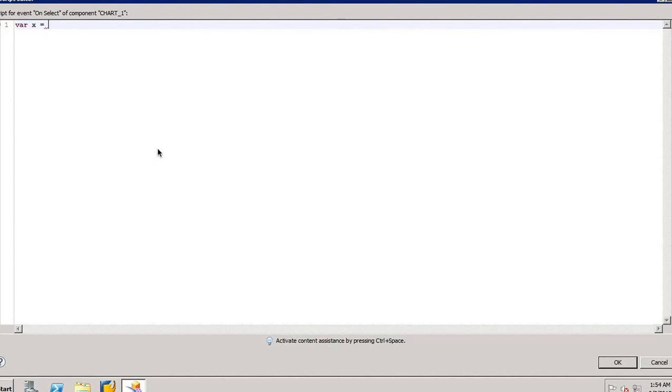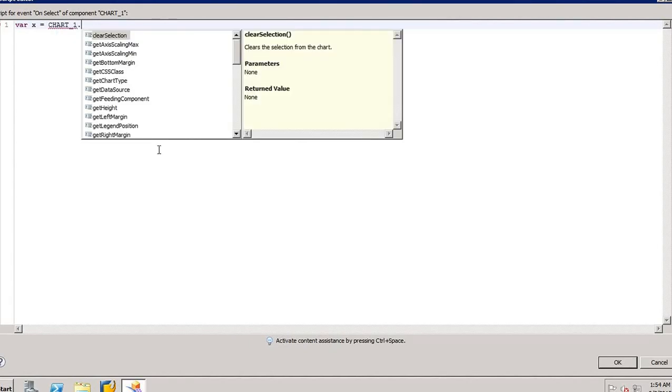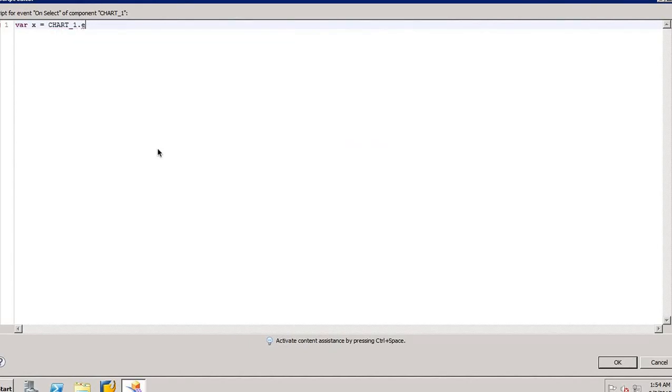Let's come back. I am storing the value of the selected member from the data source in variable x. So I will use chart dot, and try to get the value of the chart. I'll search for a function which would return the selected member at any point of time.